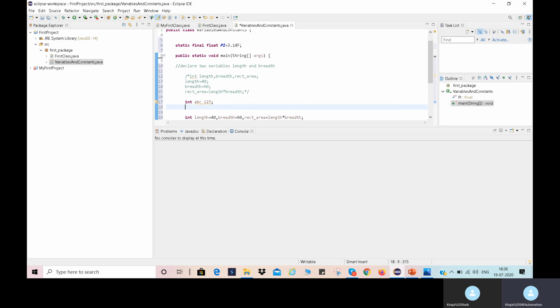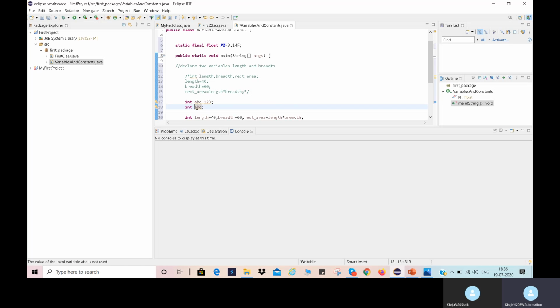If I write int 123 ABC, what is the rule here? The variable name should not start with a number. See, it is showing the error, so it is an invalid variable because it is starting with a digit. It should not start with a digit.